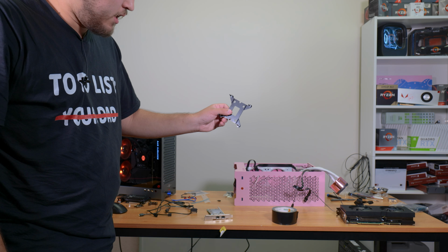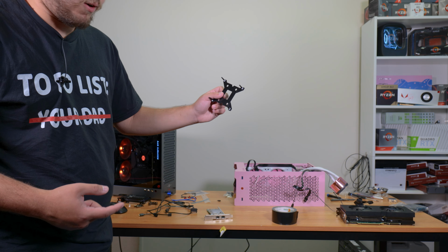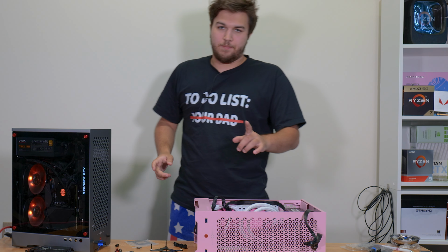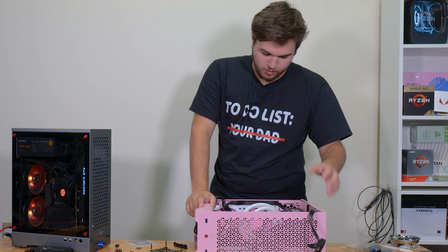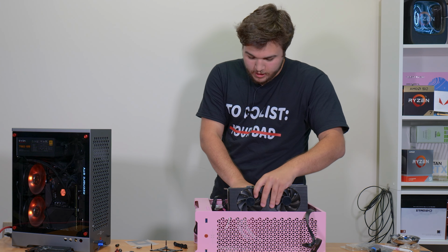Update. The cooler has a back plate that I didn't install, so I gotta take the whole thing apart. I even thought of that an hour ago, and I was like, oh, I'll just do the cooler last. Okay, so as I'm finishing up this computer graphics card now, 3090, I've come to realize that you guys,